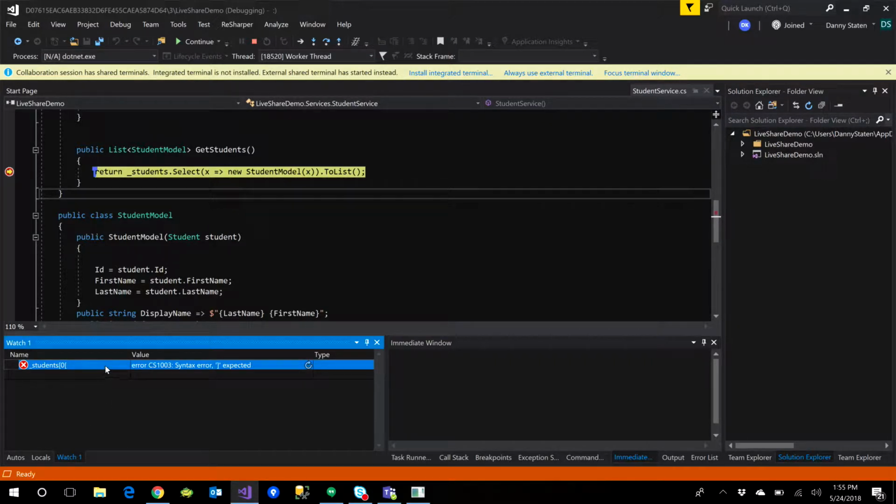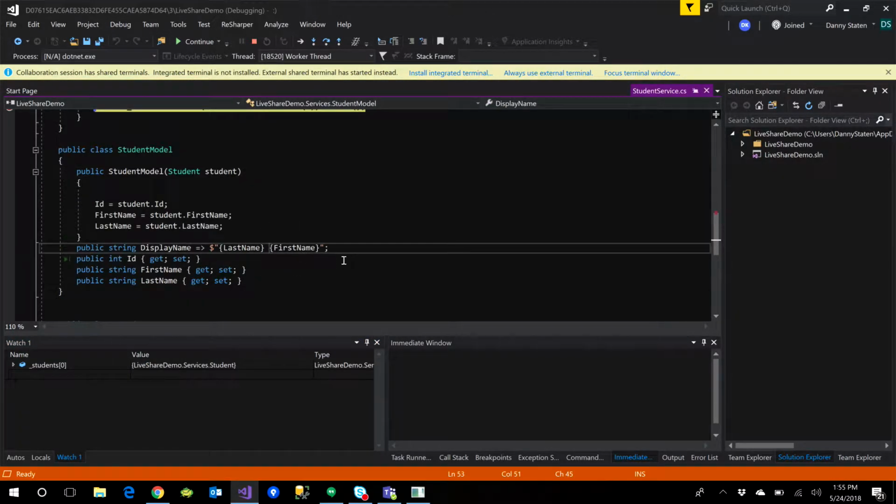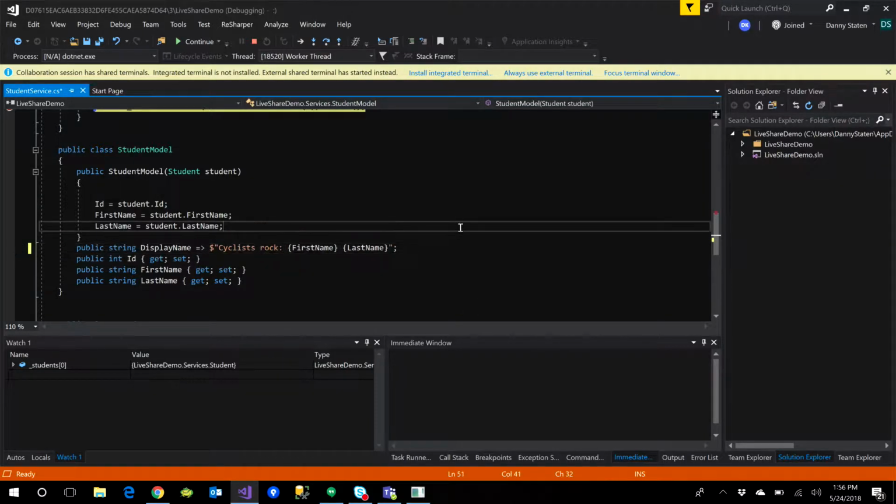Except I have a syntax error. Like I said, if I can type, that'd be great. So we have the student, and we can do all those watches, and I'm just poking around here, and I'm like, oh, well, here's your bug. So I can go ahead and fix it. Dennis is seeing that change in real time. So there you go, Dennis, I fixed your bug.